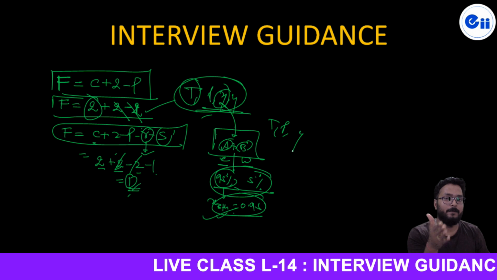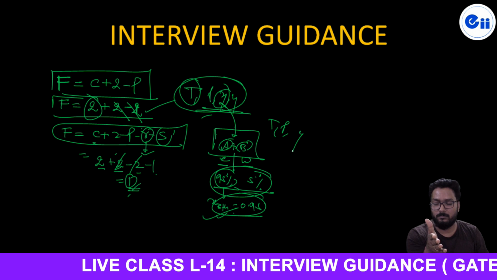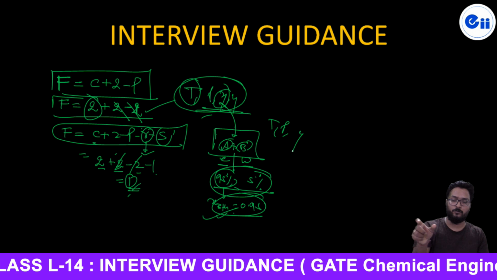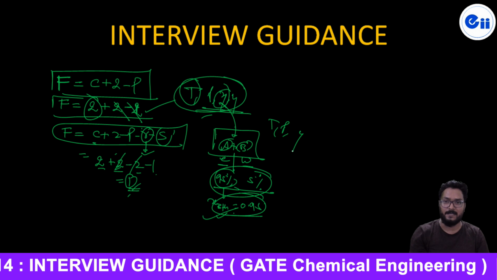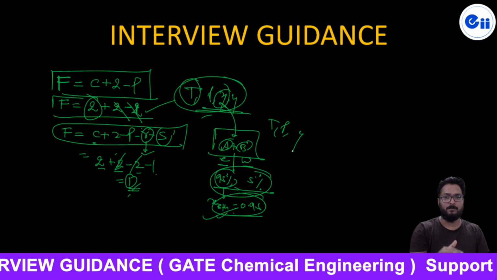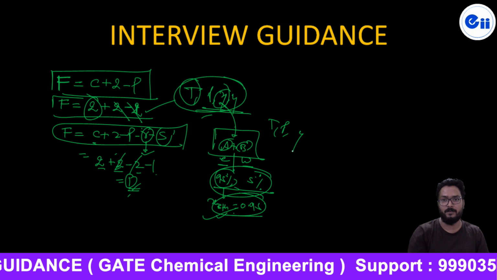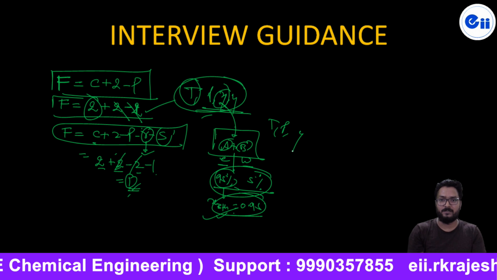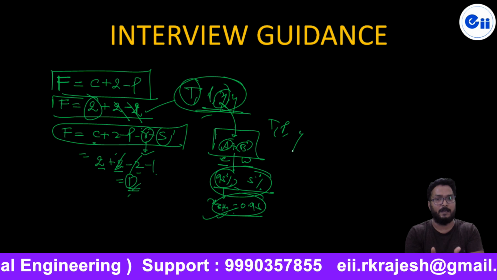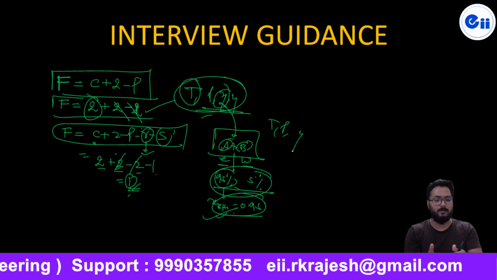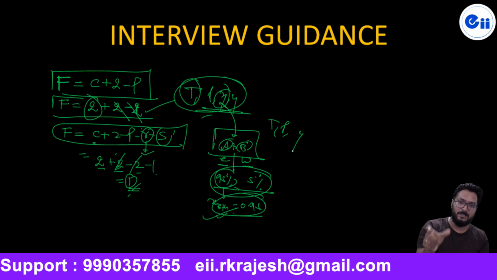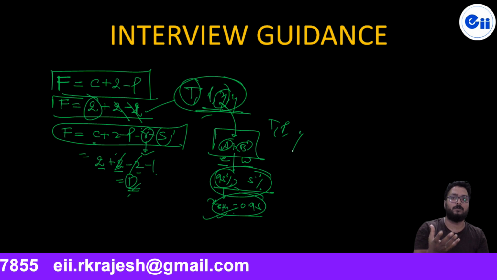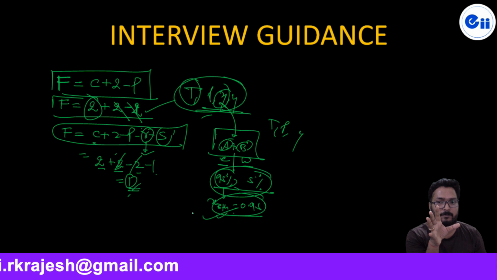I have told you many times that in the class notes I have given examples of azeotropes. You will see that an ethanol-water mixture forms the azeotrope when the mass fraction of ethanol is 95%, or the mole fraction is around 98%. Mass fraction is not equal to mole fraction; both are different. So when the mass fraction of ethanol in the liquid mixture is 95%, at a pressure of 1 atmosphere and a fixed temperature, which I cannot recall, the azeotrope forms. It is very important to have this information.